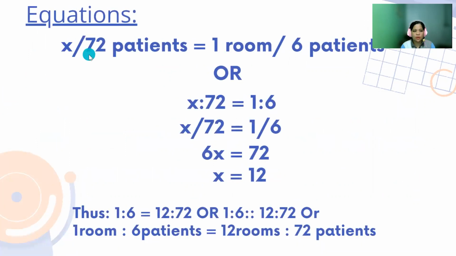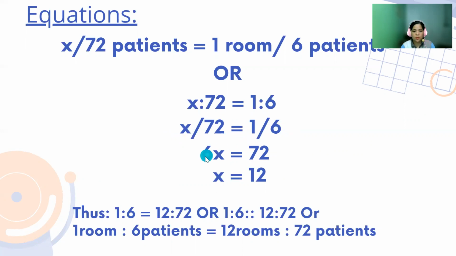Well, x over 72 patients equals 1 room per 6 patients, or x is to 72 equals 1 to 6. So x over 72 equals 1 over 6. So cross multiply,